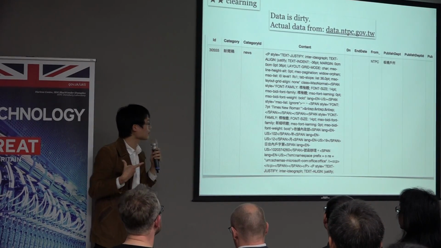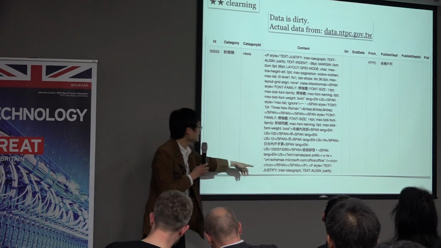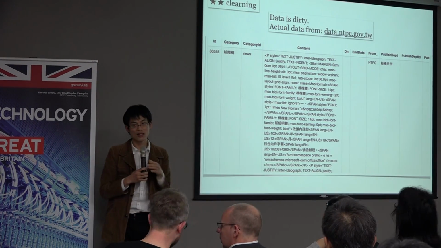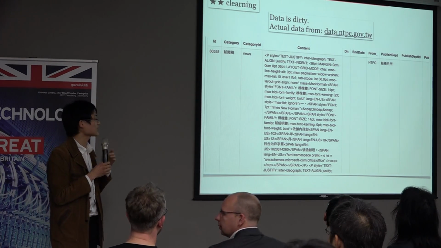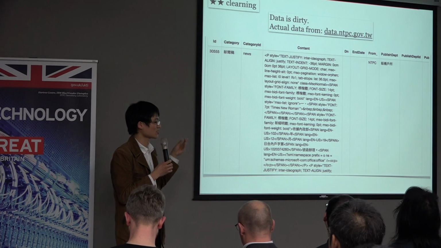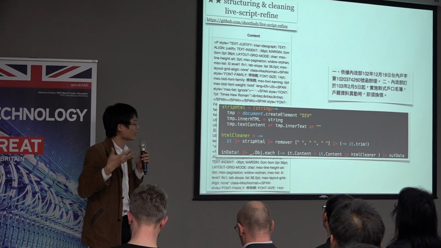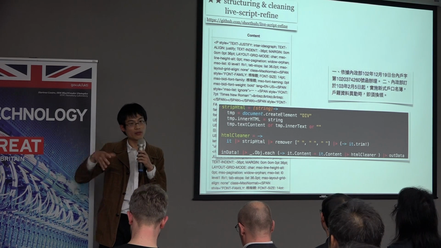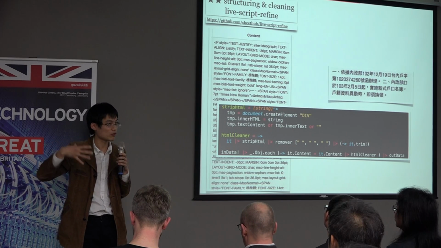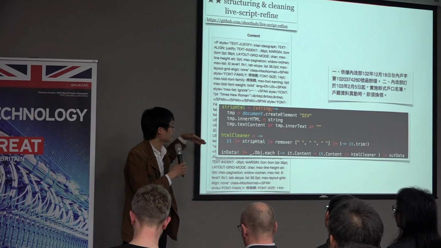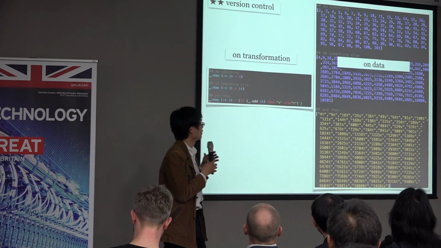The next problem is that the data is really dirty. You can see that here it's actually an HTML tag. But I want to hint here, for some of the programmers, you may notice that this is really easy to clean because this is just an HTML tag. And so the idea here is maybe these problems are not random. If these problems are not random, then you can have some basic functions that can clean all these, and you have a way to accumulate that and reuse it so that you can clean all these using only one line.